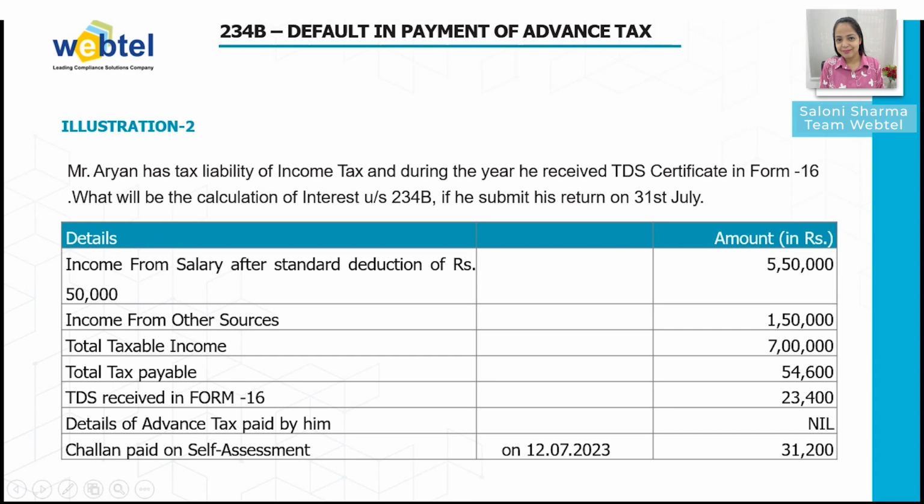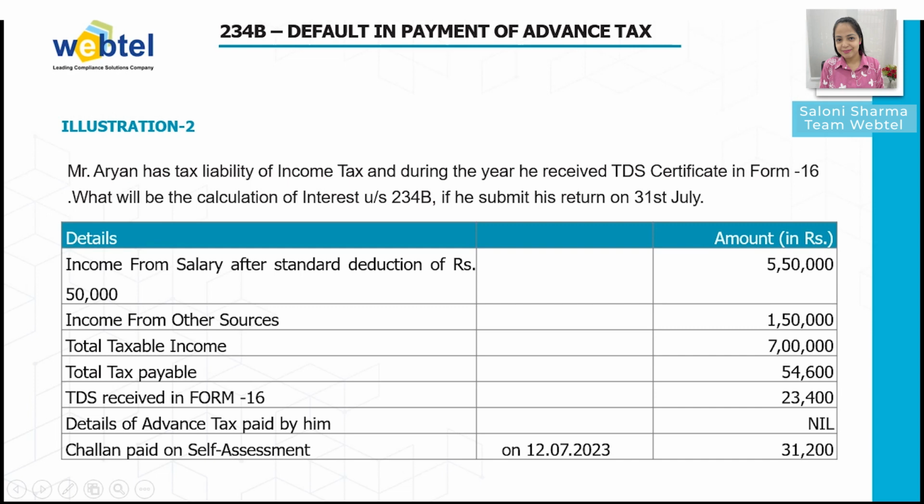Basically, Mr. Aryan is having the income from salary of rupees 5,50,000 after the standard deduction, and he is also having the income from other sources of rupees 1,50,000. So the total taxable income of Mr. Aryan would be 7 lakh rupees. And as per the slab rate, the total tax payable by Mr. Aryan would be